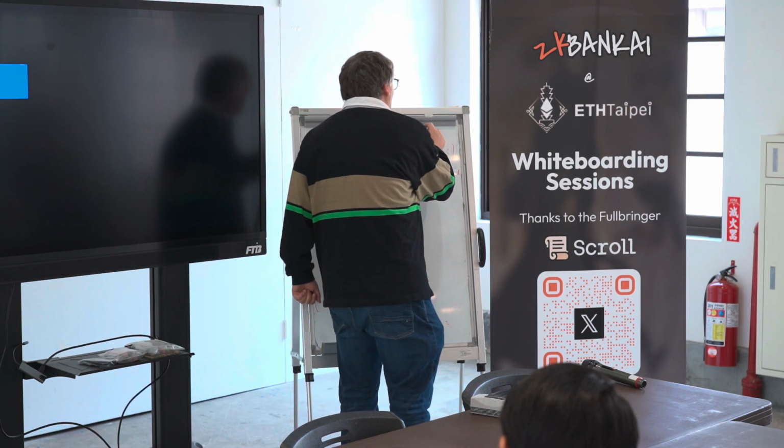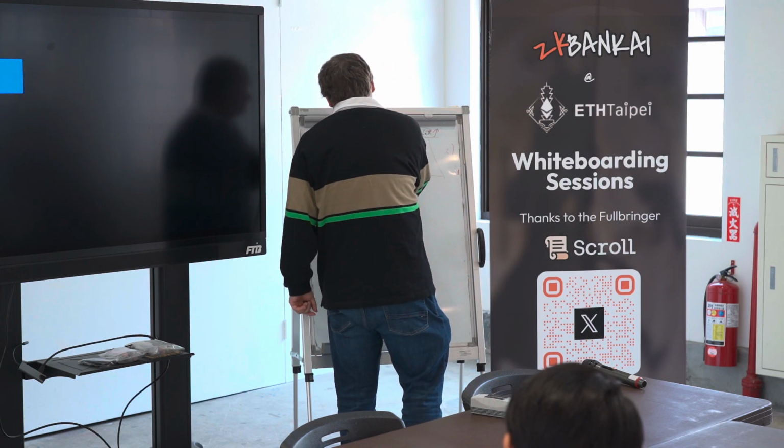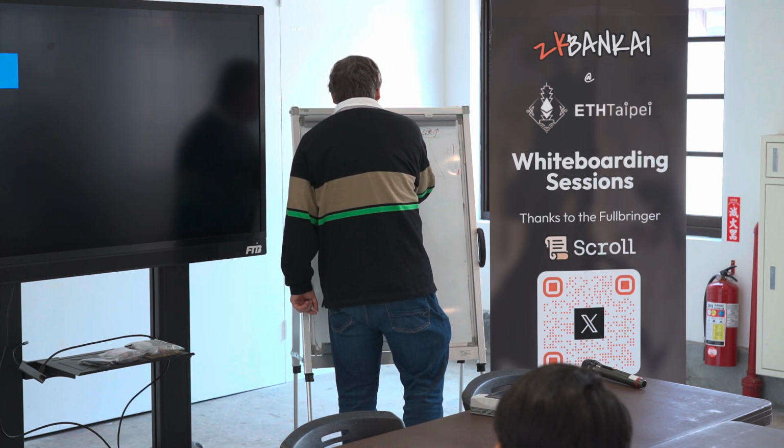Actually, this is what we call a local exit tree. This is the local exit tree of layer 1. This can be the local